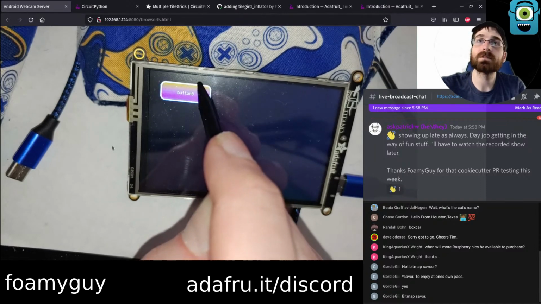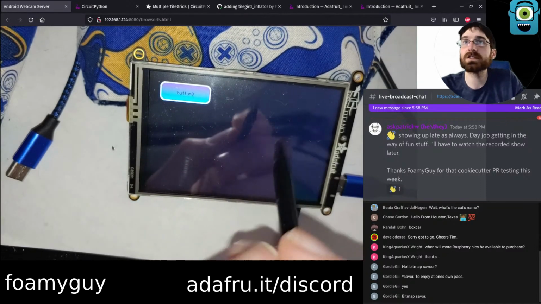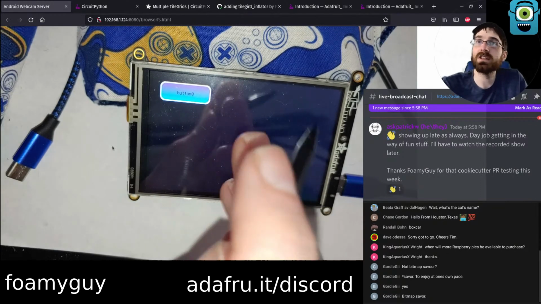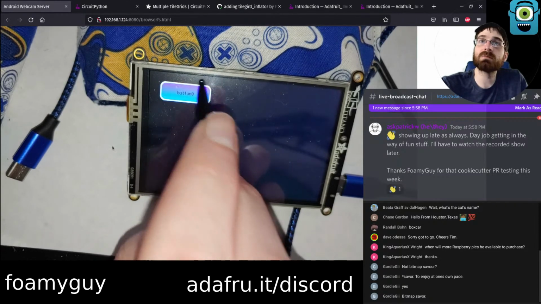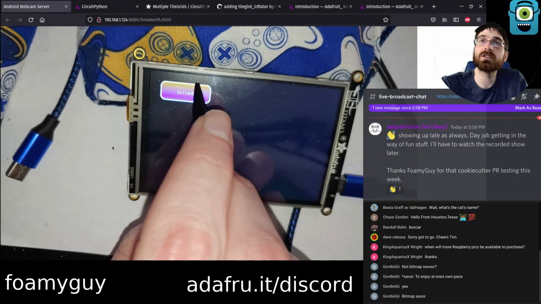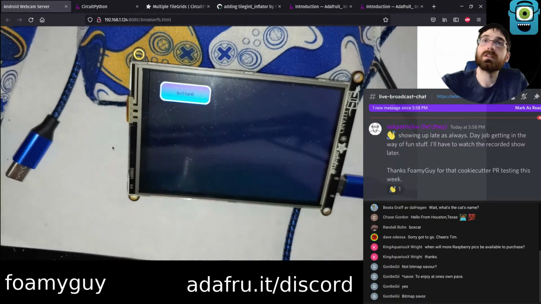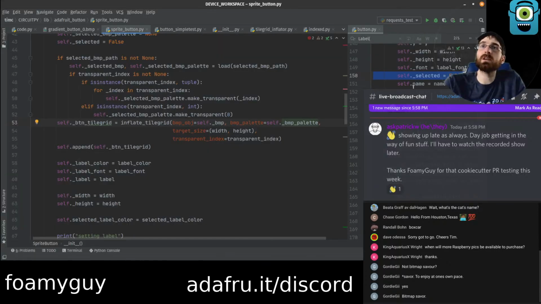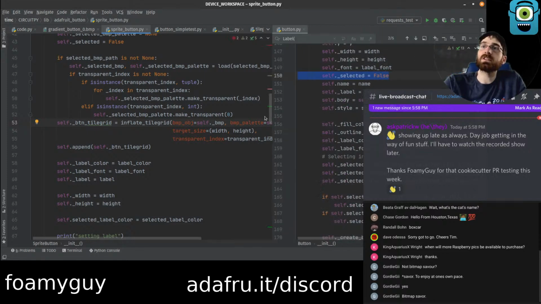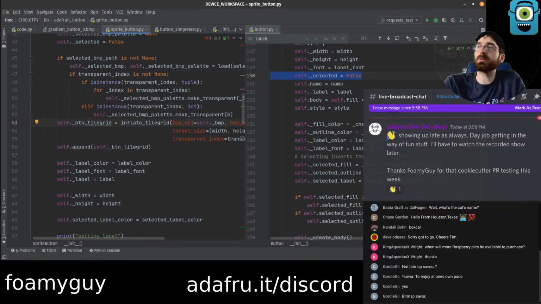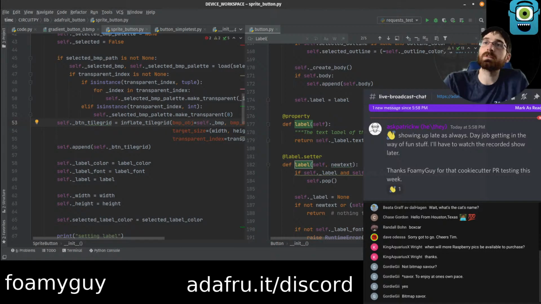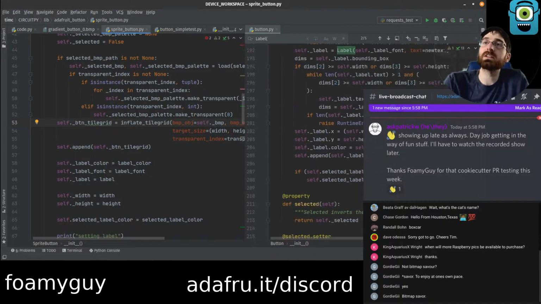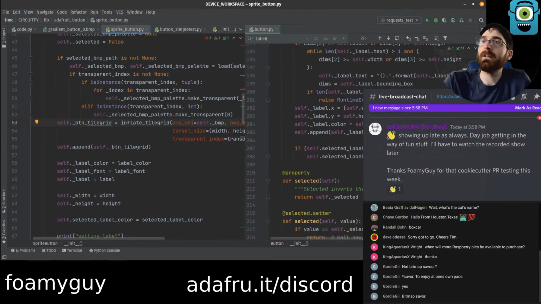All right, so there's our button, super fancy button, gradients. Again, this is something you can't do today with the existing shape button. So we have two different gradients that it changes between. The color of the font changes also. We're looking pretty good here. What else do we have inside button that we don't currently have in SpriteButton? I'm going to take a quick look over. I think I'm going to be wrapping up here pretty soon as well. If anybody has questions or comments or anything, I would say get them in now in one of the two chats.